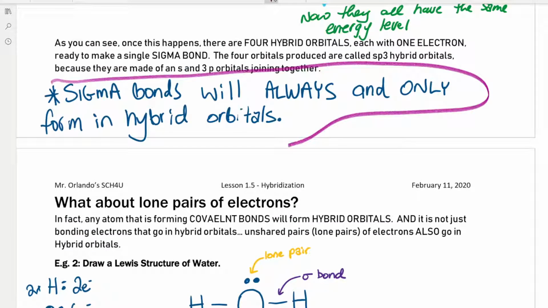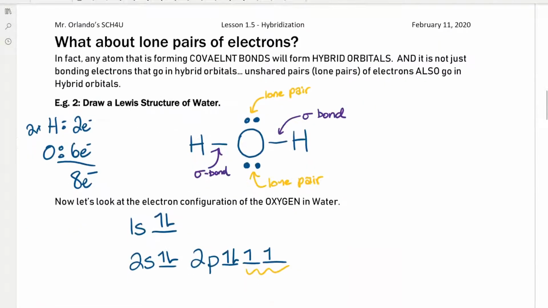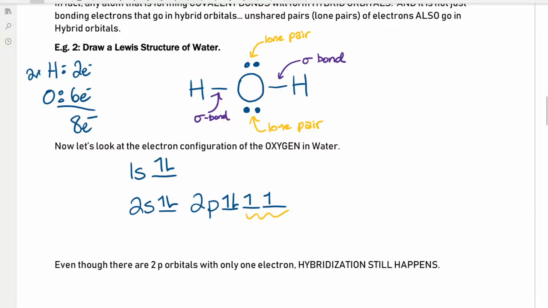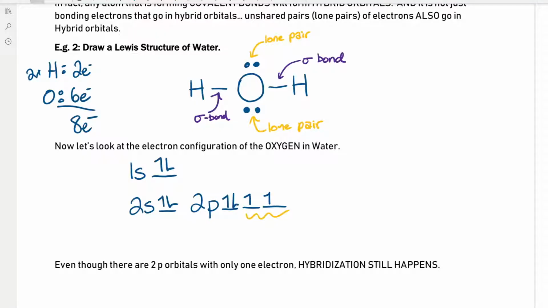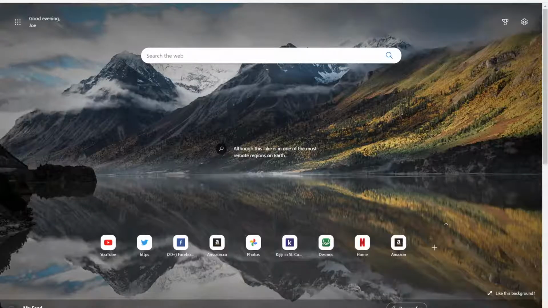Isn't this perfect? And it would be perfect, except sigma bonds will always and only form in hybrid orbitals. Sigma bonds will always and only form in hybrid orbitals, and we can prove it because, coming back to that angle, if it was 2 p orbitals, then the angles would have to be at 90 degrees to each other, because p orbitals are always at 90 degrees to each other. But if we look at water, again, if we do the X-ray crystallography thing,